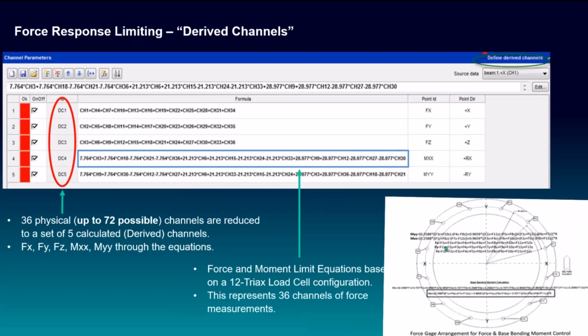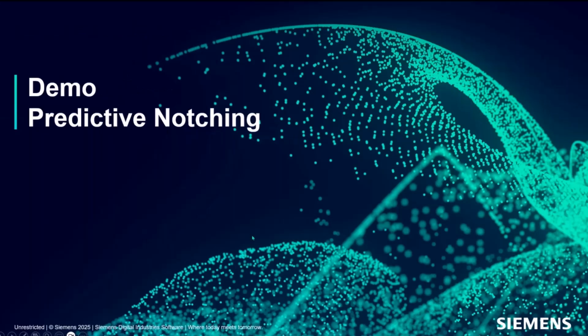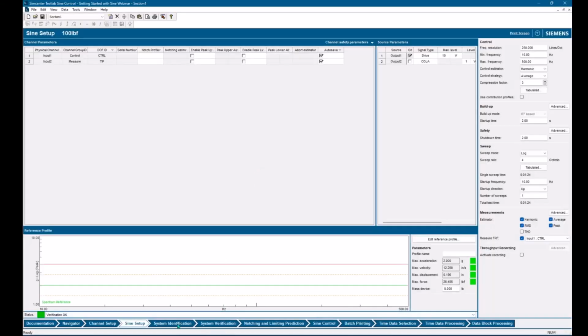We have a whole bunch of force cells, and you want to control how much force goes in because, again, we have different mechanical impedance between our field condition and our lab condition. In the lab, on a shaker table, it's always going to be much stiffer boundary conditions than out in the field. So we have this mismatch, and we can limit on force, we can limit on strain, and even use derived channels to limit on moments or on overall force input to the structure based on a number of force gauges.